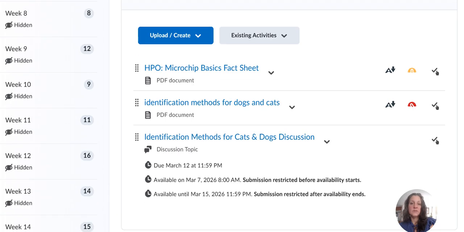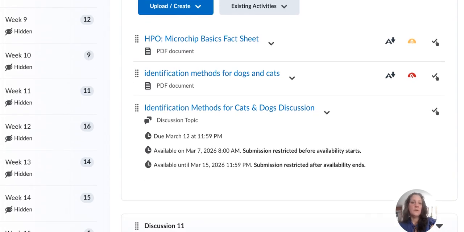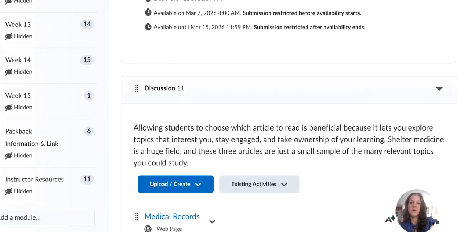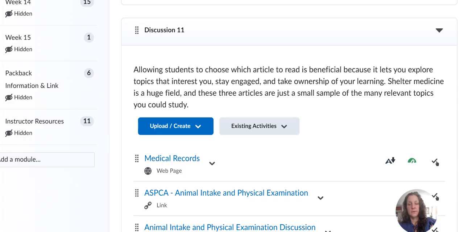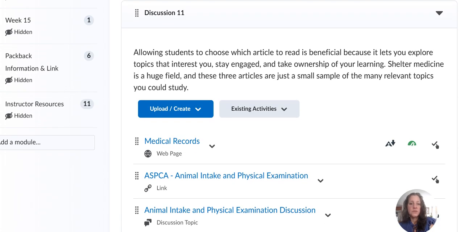So the first one is going to be focused on identification methods for cats and dogs, and you will create a thread, look at what your peers have written, respond to a couple. This should not be very time consuming. And some of this, especially if you're already in practice, should already be information that you are familiar with. Okay, discussion 2